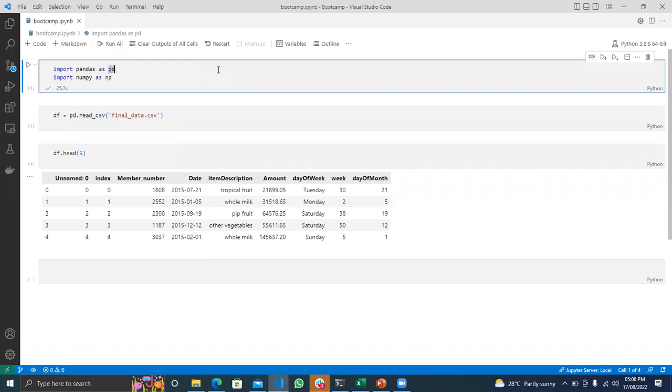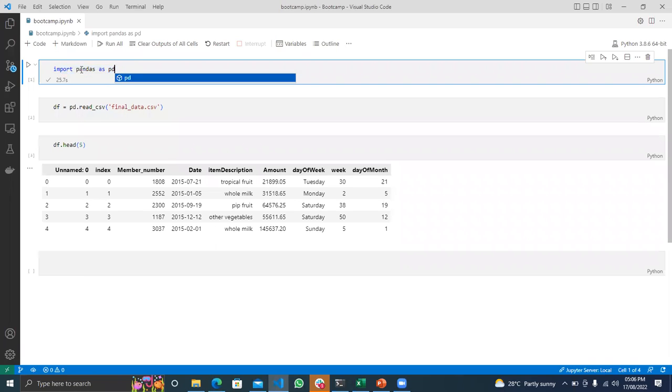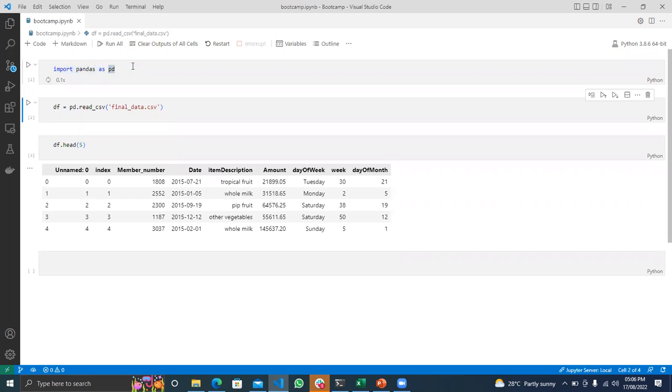So first things first, here we import pandas as pd. This is how you import packages in Python, as pd. So we import, and then